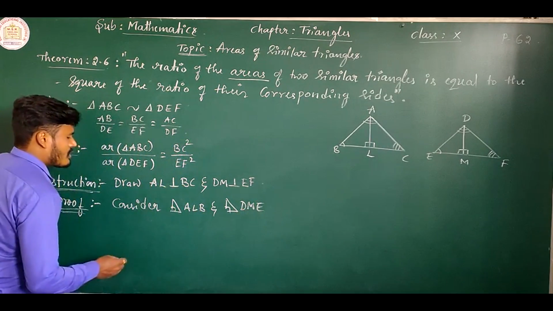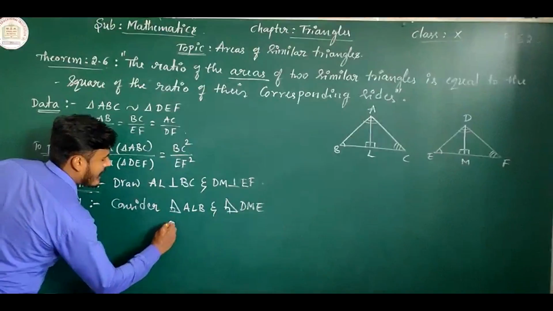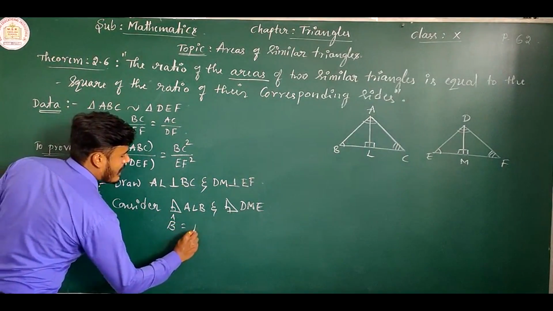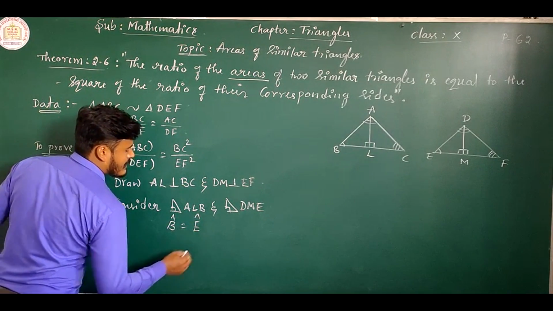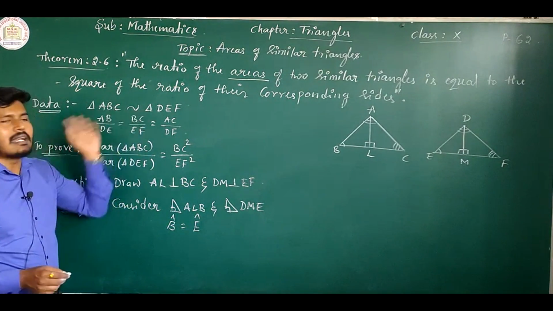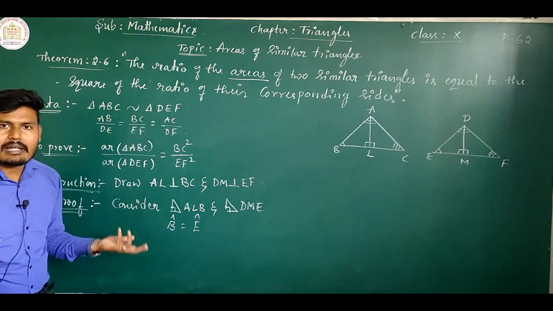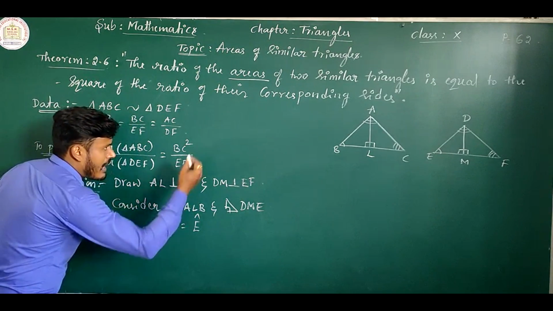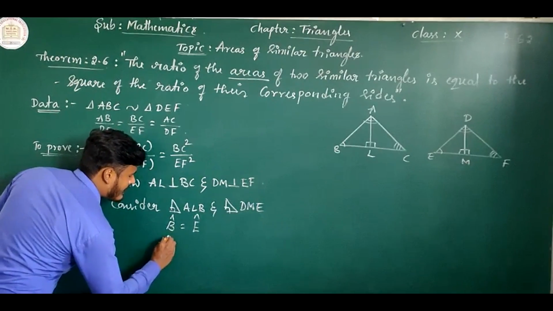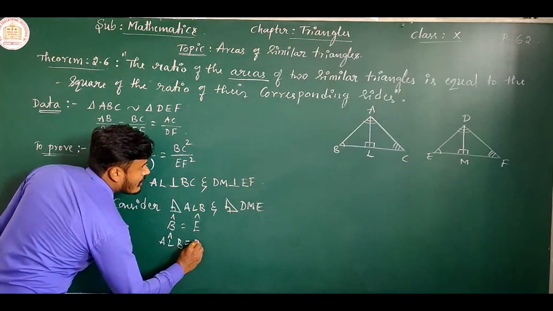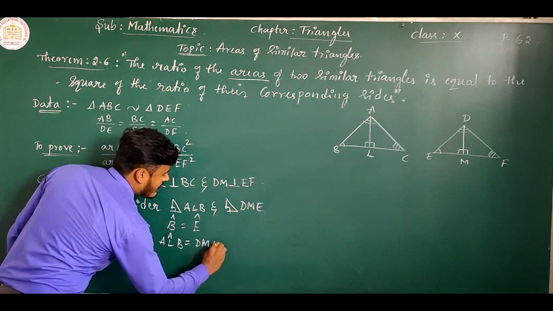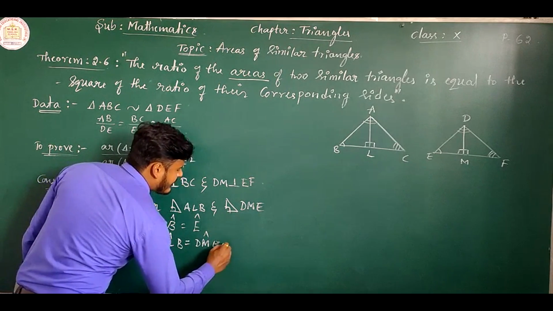So in these two triangles, we know that angle B is equal to angle E. These two corresponding sides are in the given data, right? These two are similar triangles, then angle B is equal to angle E. So then one more angle is there, that is angle ALB is equal to angle DME. Both are equal to right angles